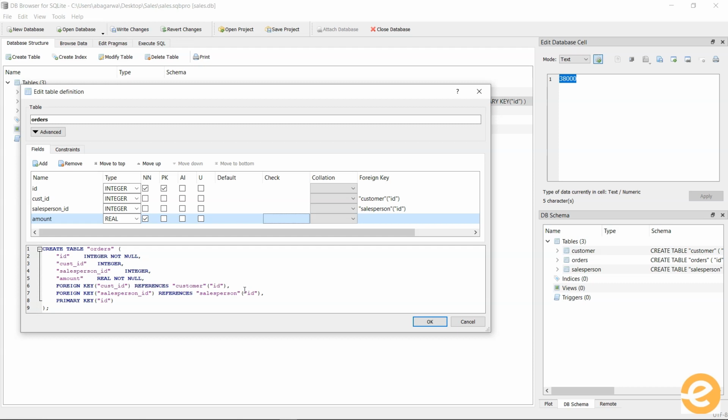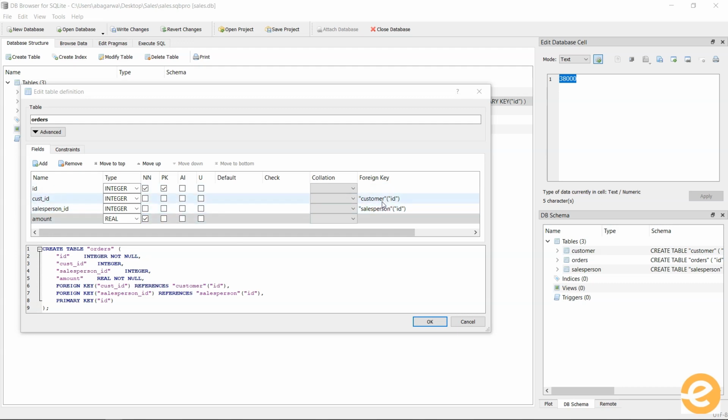This way it will always make sure that whenever you are updating, deleting or making any sort of operation which is related to removal or updating of data, it will have a check on the salesperson and the customer ID, and will force you not to remove or update it if the customer ID or salesperson ID is still being referenced, but you are removing it from here. So that's the very quick and interactive way by which you can apply the foreign key.